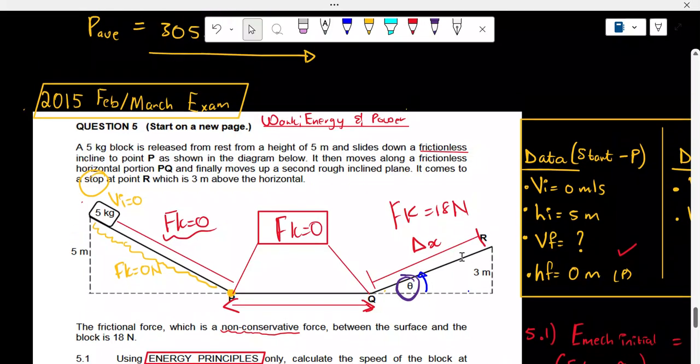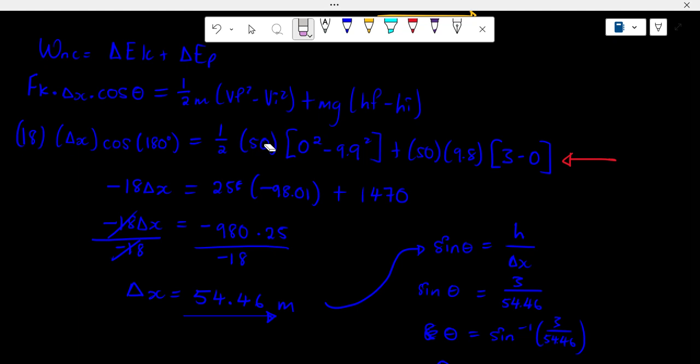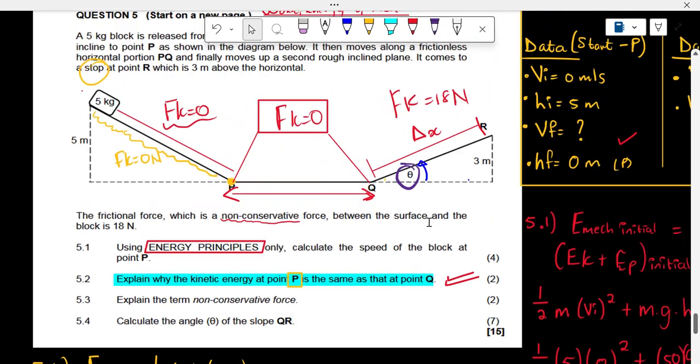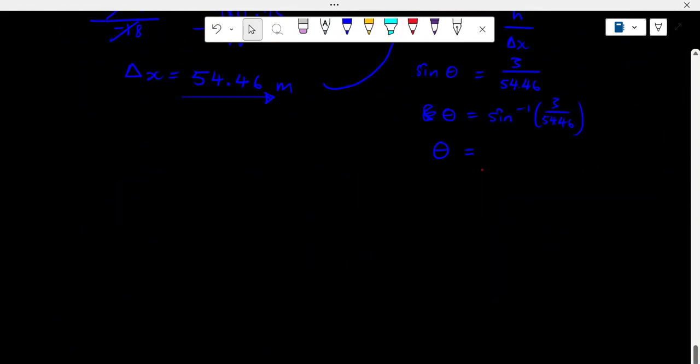Oh yes, there it is. If you guys notice here, the mass that I substituted here was 50. I don't know where I got 50 from. The mass is actually supposed to be 5. There it is right there. Makes sense, because I'm actually getting an angle of theta as